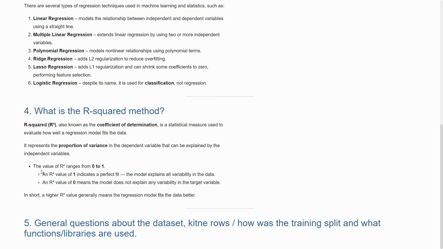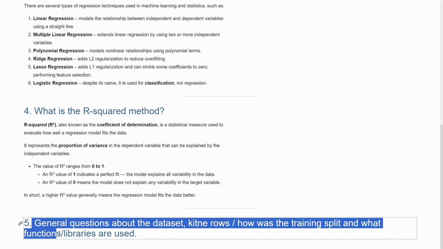So yeah, one indicates a perfect fit and zero indicates no variability in the target variable. Basically, the higher the R square score, the better the regression model. And this was another thing which